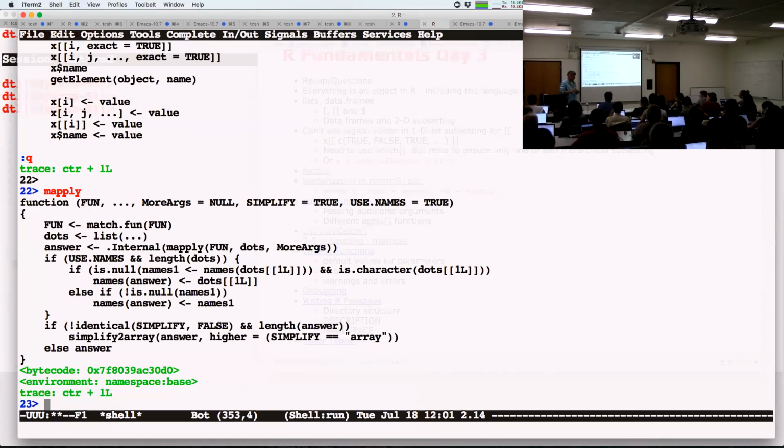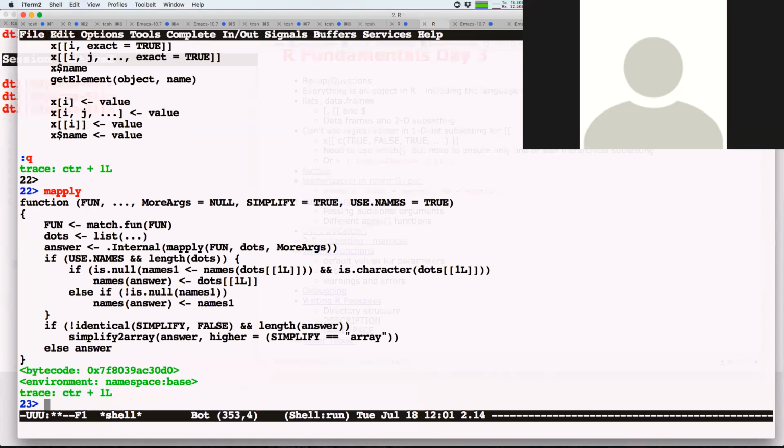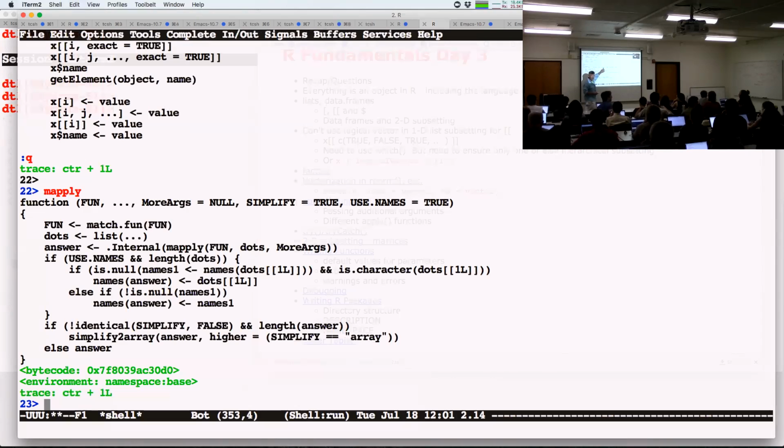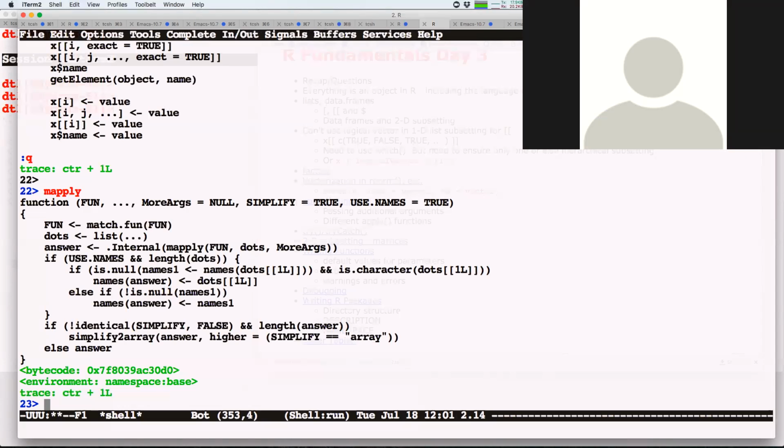Yep. Okay. So this is mapply, and it's very powerful. You'll see also there's a thing called map, which does the same thing. The big difference is this tries to simplify the result. Sometimes you want that, sometimes you don't. Be careful if you don't. It'll create a vector or it'll create a matrix. And if you wanted it as a list, you better not let it collapse the things on your behalf.